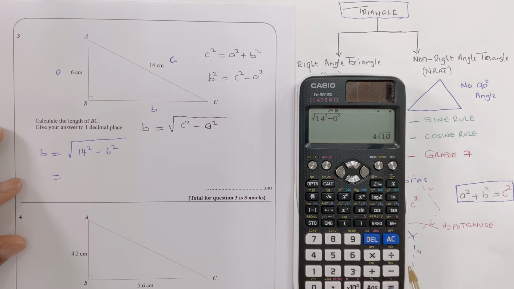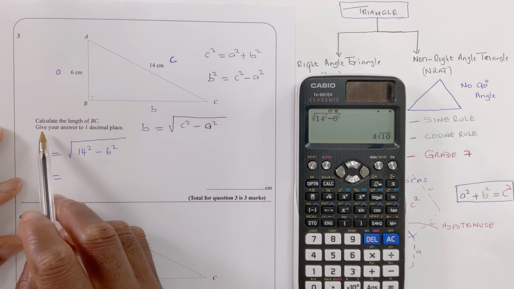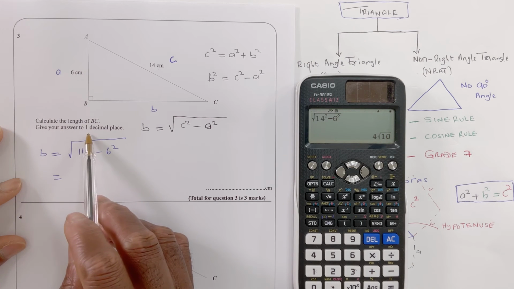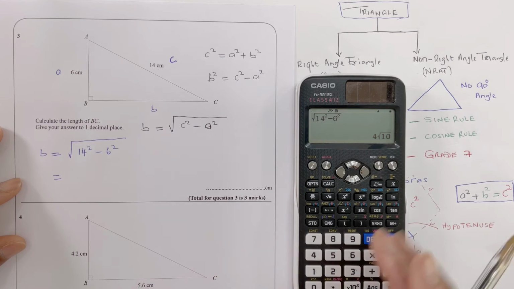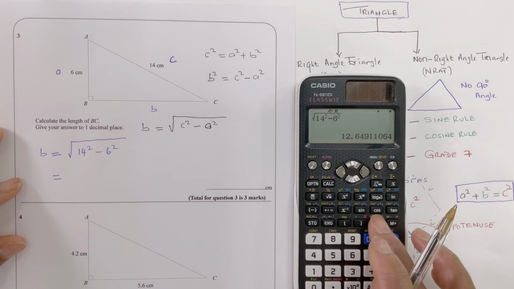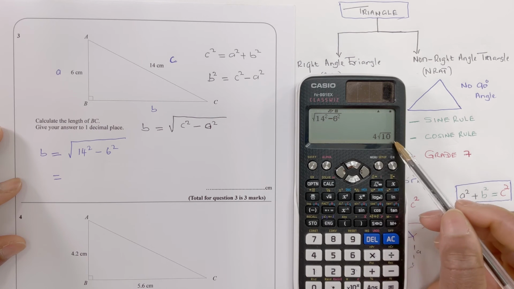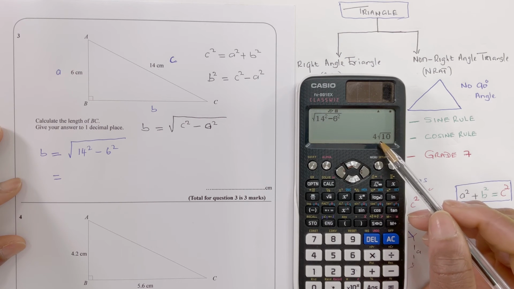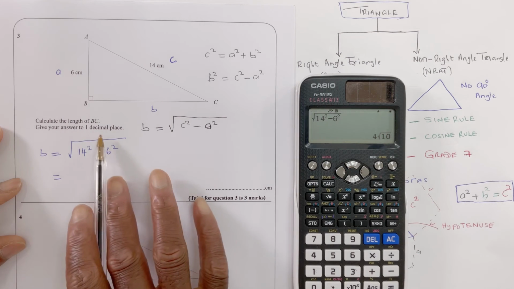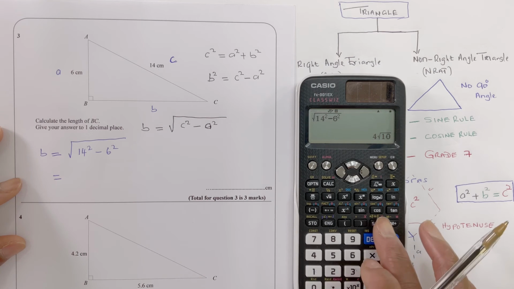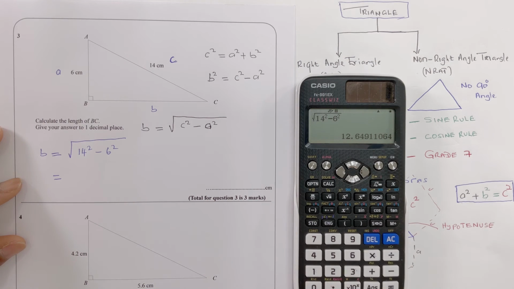4 root 10. Now we need to press standard to decimal because the question is saying that we should give your answer in 1 decimal place. So that means we have to use decimal values. You have to press standard to decimal. That is called the exact value. So if the question is asking for the exact value, you have to put that down. Otherwise, if the question is requesting a decimal place, you need to press standard to decimal here, and that will be